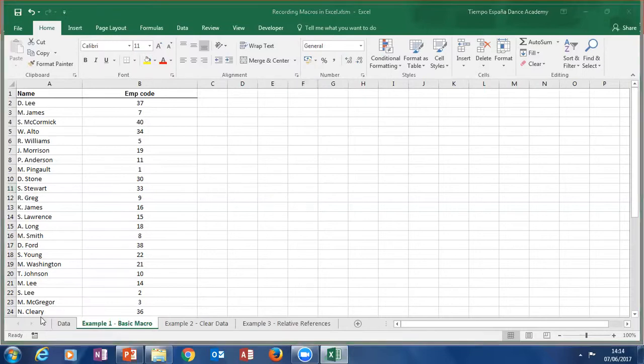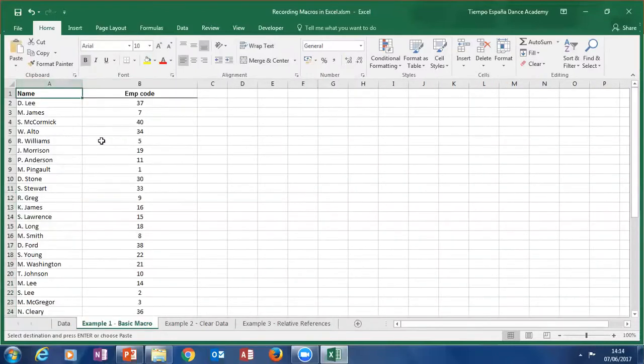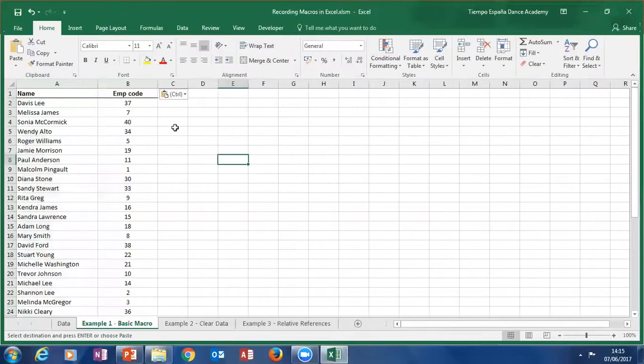But what we can now do, seeing that I've recorded all of these steps before the webinar using the same method that I showed you earlier, is run this program. Once you've recorded it once, you should be able to keep running this program over and over again. It's just going to do the same thing again and again to the data as we've got it. So if I just copy the original data over to this example file, so that we've got the data exactly in the same format as we had it earlier,